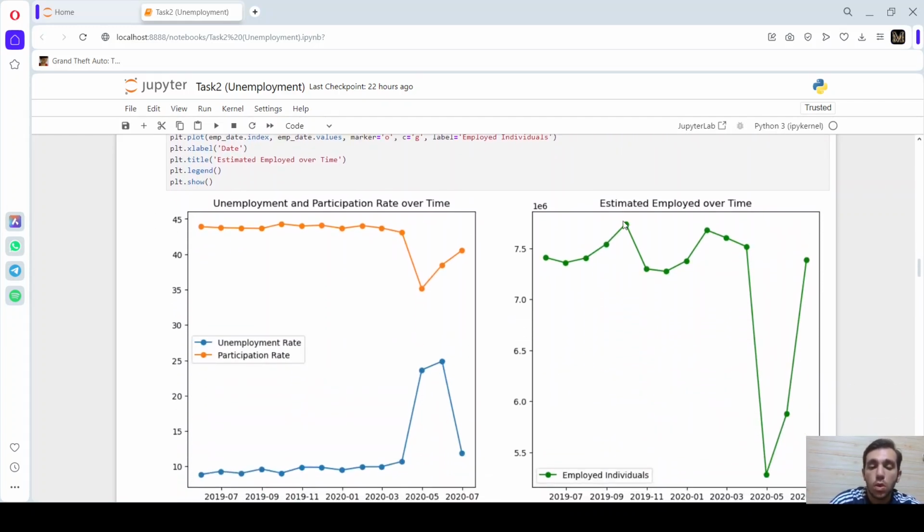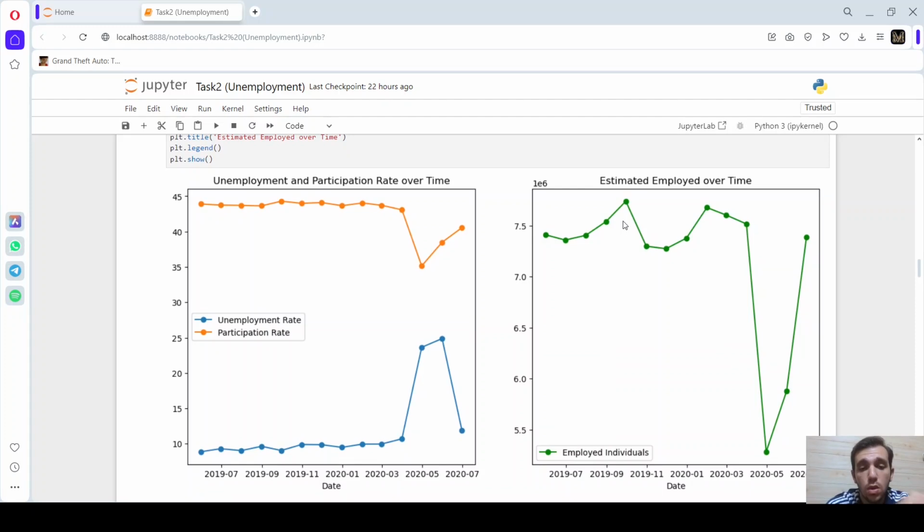And what we're really interested in now is to see how the unemployment rate, the participation rate, and the number of employed people varied over time. So we can see, for example, for the unemployment rate, the mean unemployment rate was between 7 and 10% before the lockdown. But then when the coronavirus attacked and the lockdown started in April, the unemployment rate went up strikingly and even reached 25%, before going down